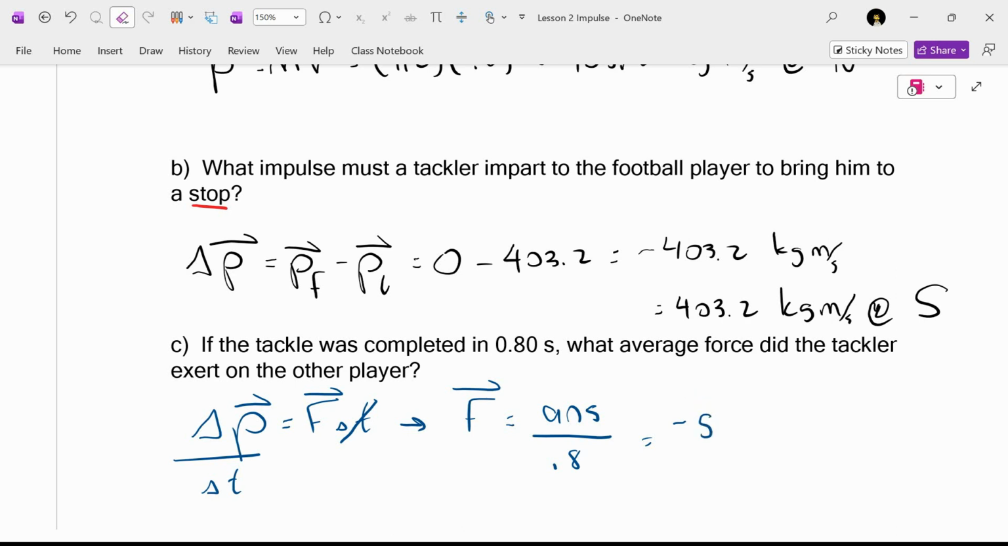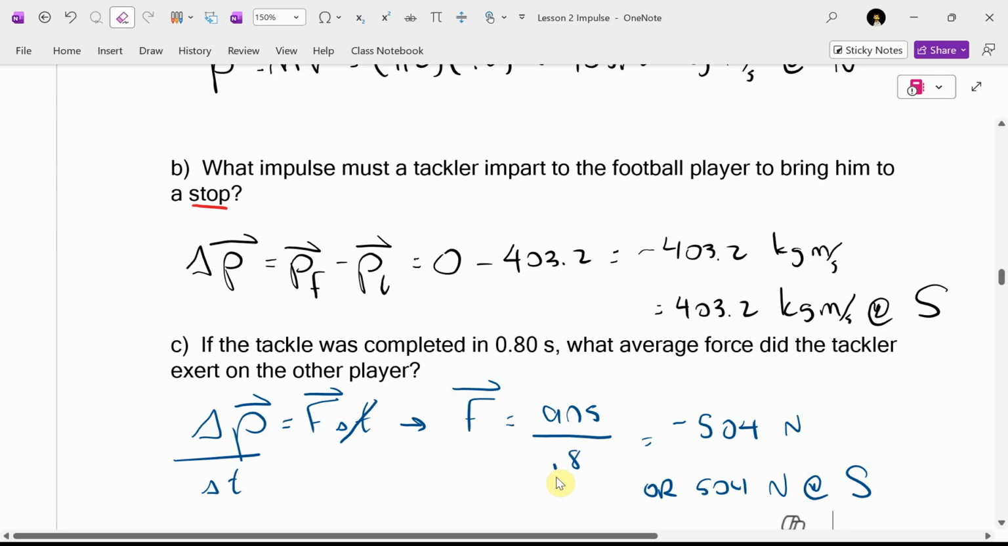504? Is that right? Negative 504 newtons? Or 504 newtons south. Okay, before we go further,